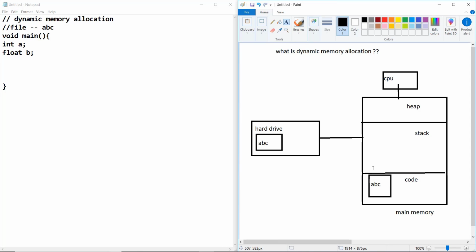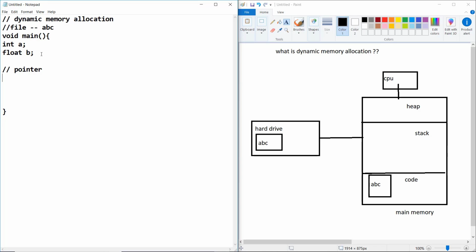If I want to access heap memory, I cannot use these variables. It can only be accessed with the use of pointers.